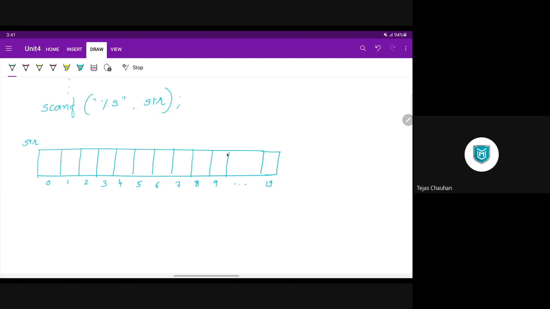Now when the user gives university, your program is going to store those characters inside these elements.